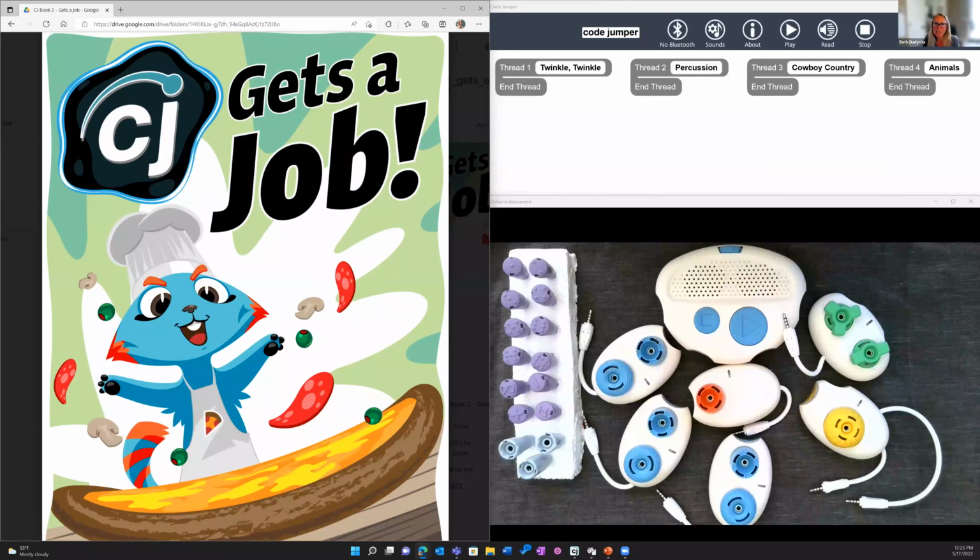At the top of the screen is the CodeJumper app that needs to be connected for CodeJumper to work and to be able to hear the sounds of CodeJumper as you're playing the puzzle. And then at the bottom are a whole bunch of pieces. And I think there's the hub. I think you'll have to scroll down. I forget exactly which pieces. Isn't it just the play pods? Yeah, we're just using the play pods. I just have up on the screen right now, I have the hub,